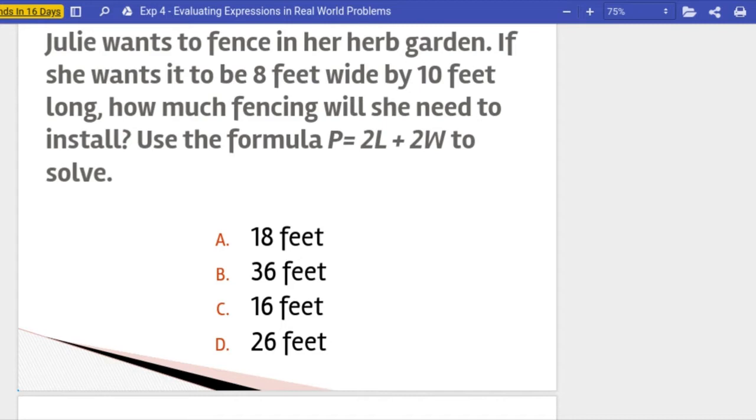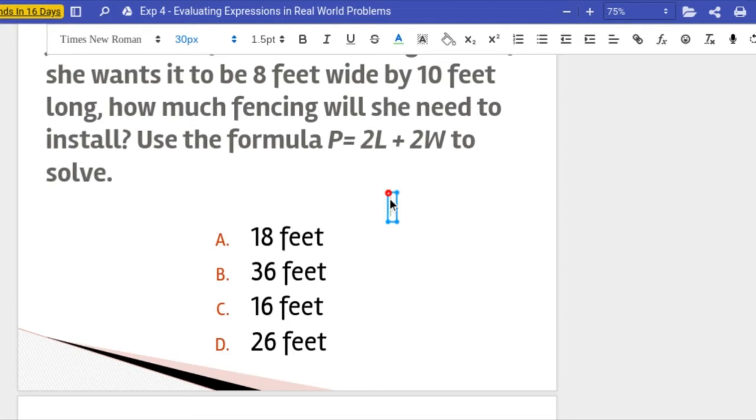So we're going to use the formula that the perimeter of the fence is 2 times the length plus 2 times the width. So just like last time, all we're going to do is substitute some values in. So we know what L is and we know what W is. So we're going to do 2 times the length, and the length was 10, plus 2 times the width, and the width was 8. And then we're going to use our order of operations